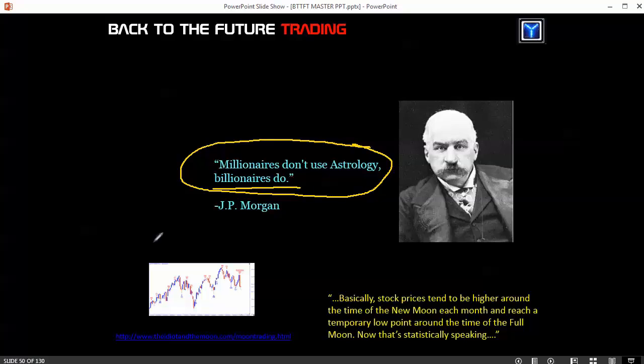This is before satellites. This is before the Weather Channel. This is before the internet. This is before anything really of consequence. This was an era of Einstein. This was the era of WD Gann. This was the era of Ralph Elliott. This is the era of Richard Wyckoff. Discoveries are being made. The Industrial Revolution is in full force.